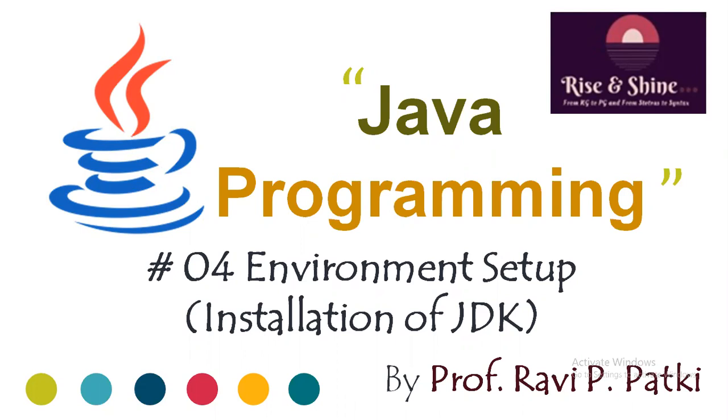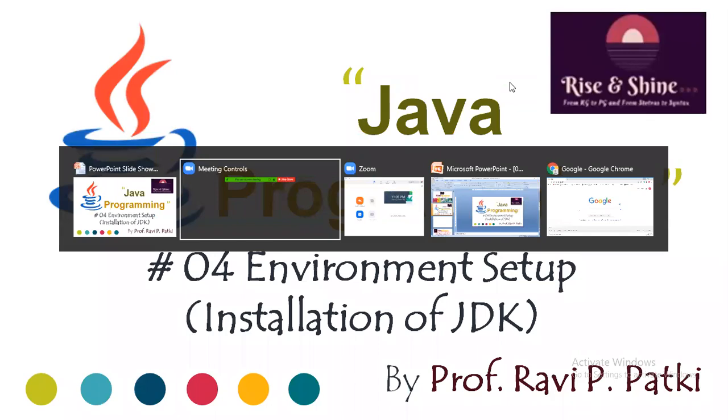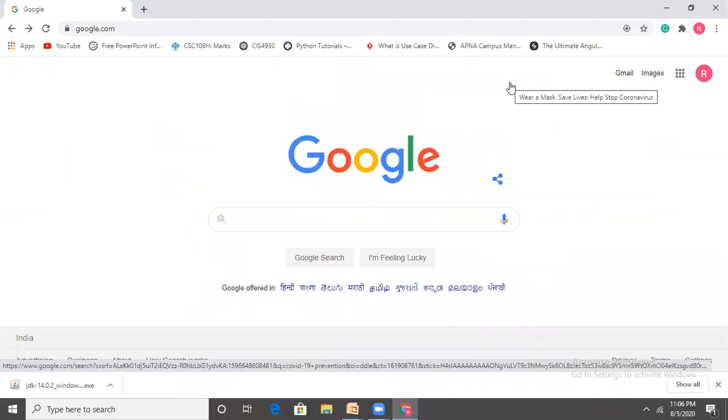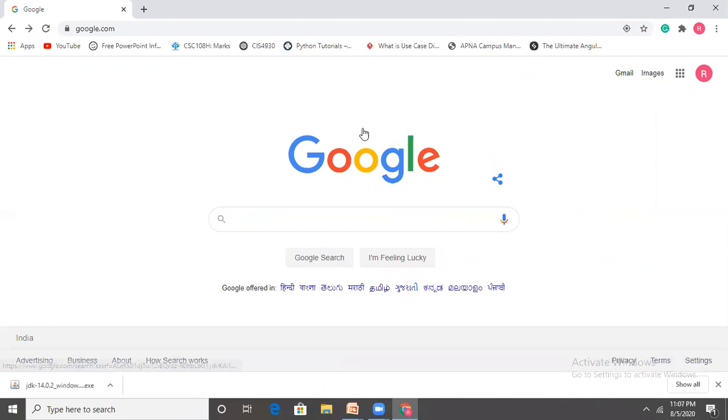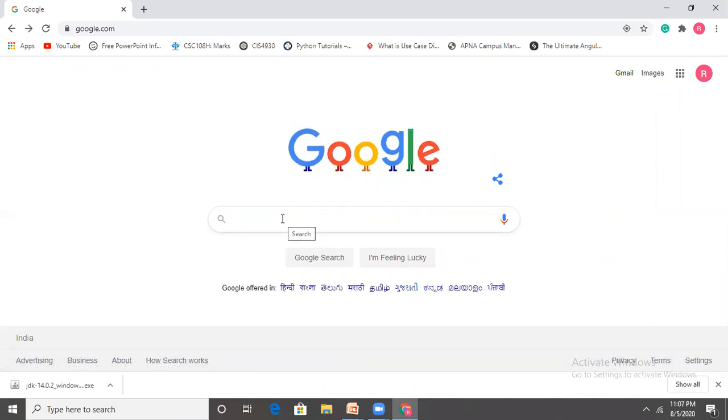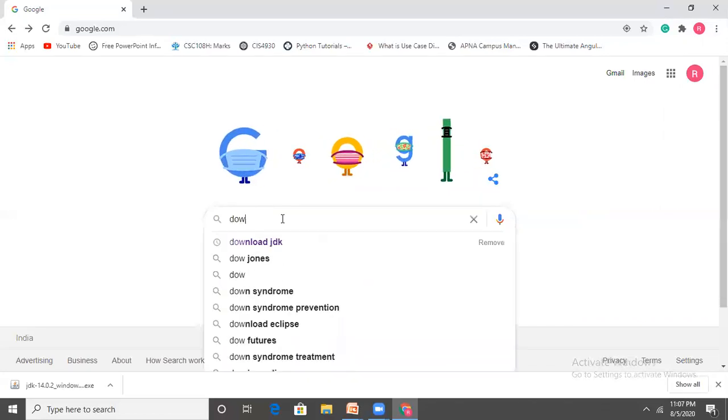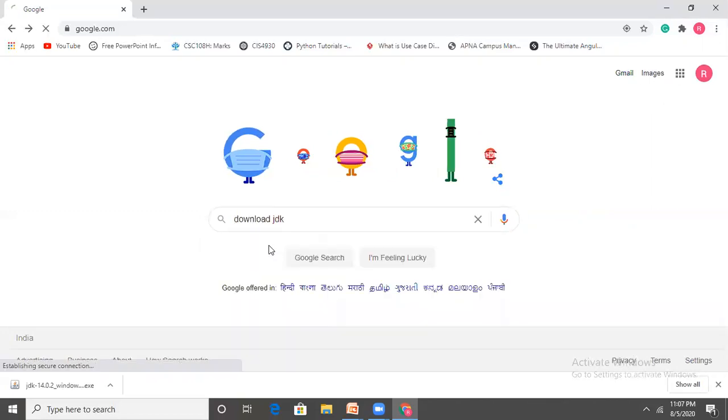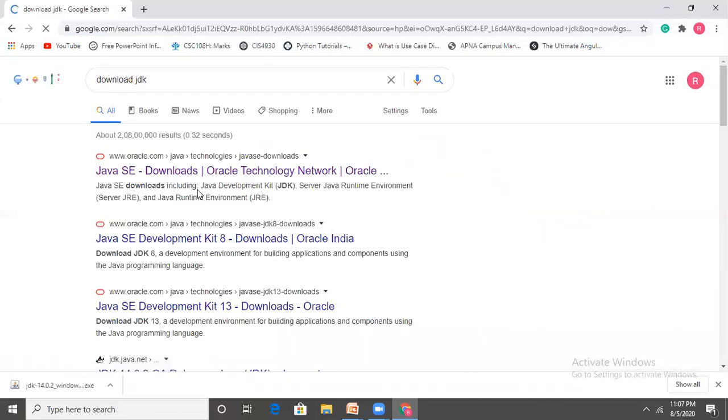So let us start. To install Java, simply go to your favorite browser. My favorite is Google Chrome, and here in the search bar, simply type download JDK. The very first site is www.oracle.com.